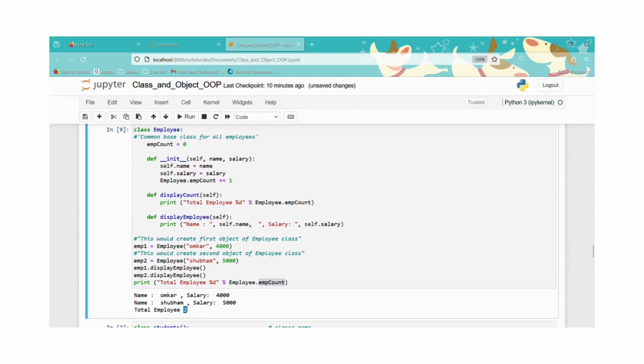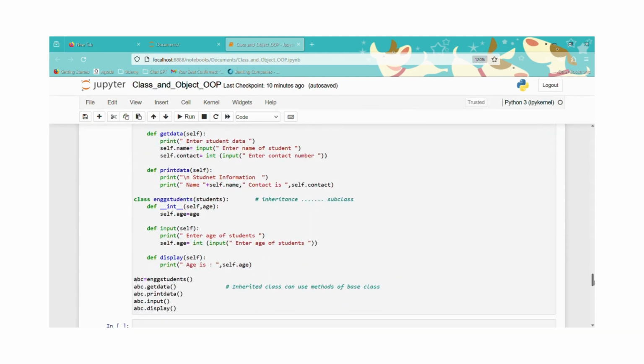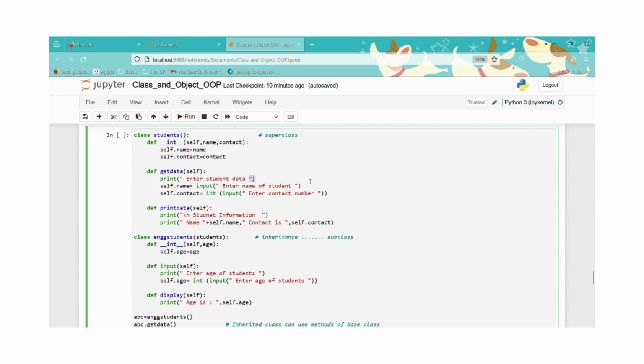So if you execute the code, you will see the output. For the employee 1 object, the output is name is Omkar, salary is 4000, which are the values we passed at the time of object creation. For the second employee object, name will be Shubham, salary will be 5000, but this employee count variable, which is declared as a class variable,